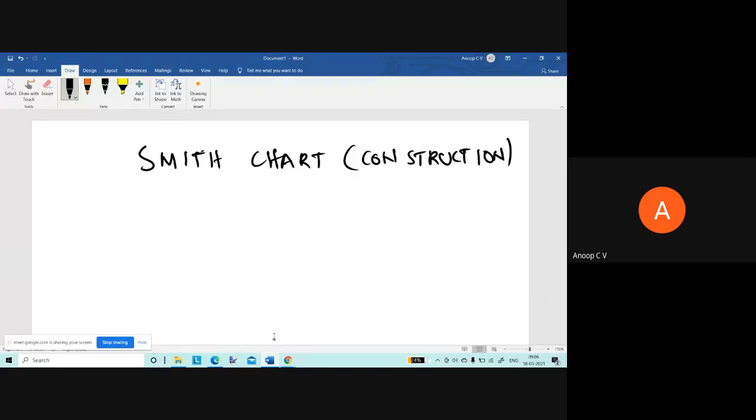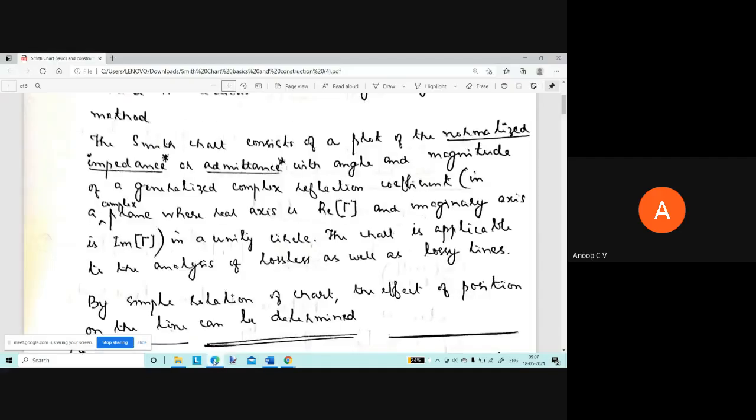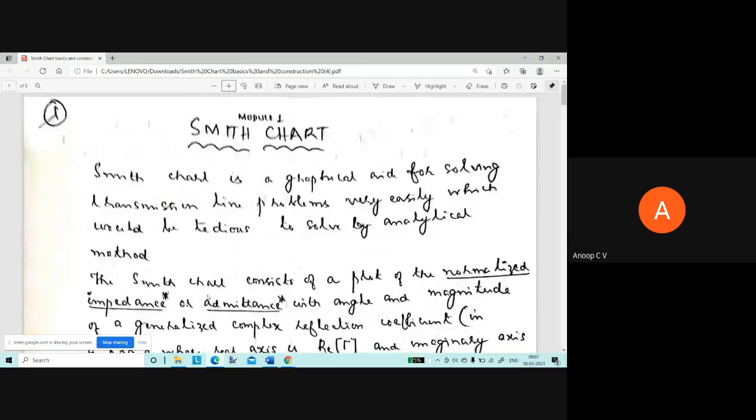So we were discussing the Smith chart. We are in module one, and this is actually the second session on the Smith chart. Because of the cyclone and network effect, last session we had to confine it to a quick revision, because I couldn't share my screen. So we'll continue with the Smith chart. Today I'll be using this particular material to discuss it.